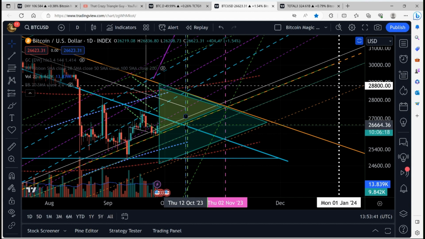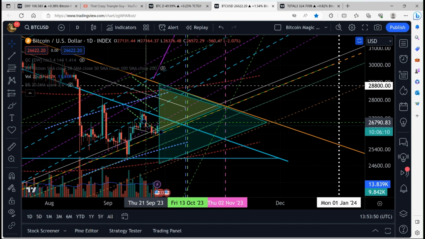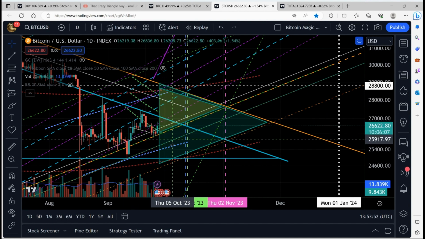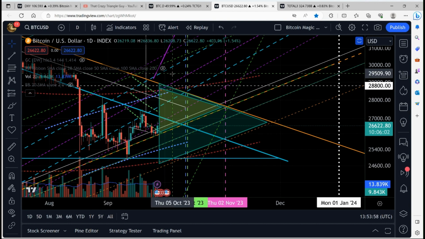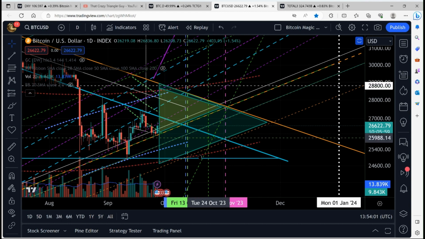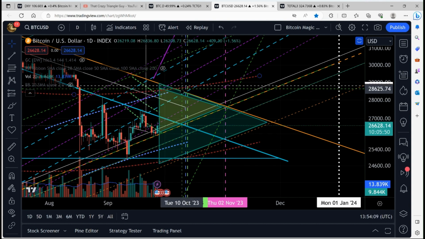Heading into the rest of the year, you can see it's all coming to a head right here in the month of October. Moving up through the daily Gaussian channel, we will also be moving up through the 5-day Gaussian channel, and these red lines represent the weekly Gaussian channel, the mean band and the top of the weekly Gaussian channel. So everything is converging. The 5-day, the weekly, and this 28.8 horizontal trend line, key level of support, are all converging right around the middle of October,